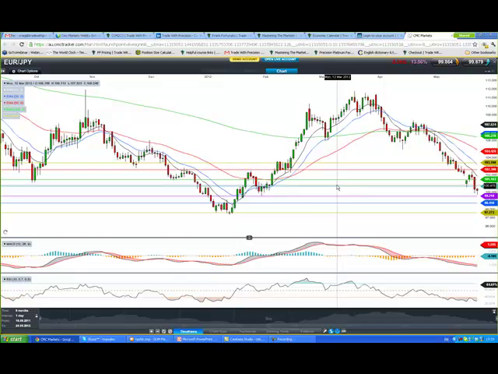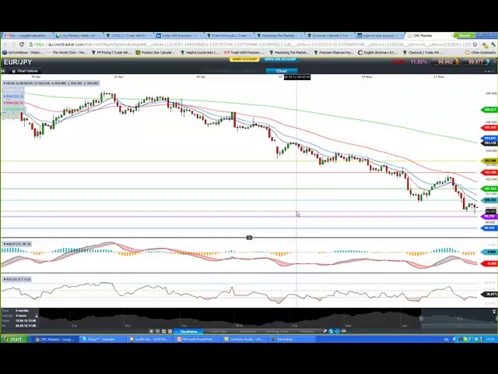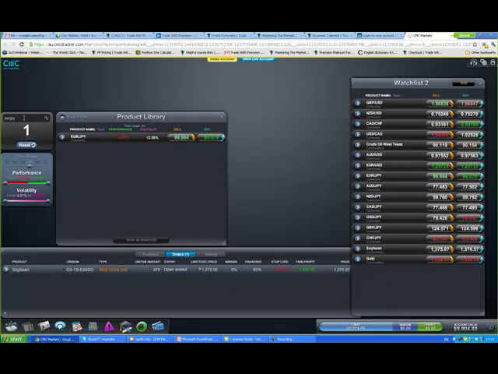We'll check the 4 hour chart. Notice what I'm doing. I jump from time frame to time frame because I definitely want to have a big picture view. I want to know what's going on in the bigger picture, but I also want to have a look down the lower time frame to see if there's anything or any opportunities setting up. And there's nothing there on euro yen. Let's jump across to CAD yen.